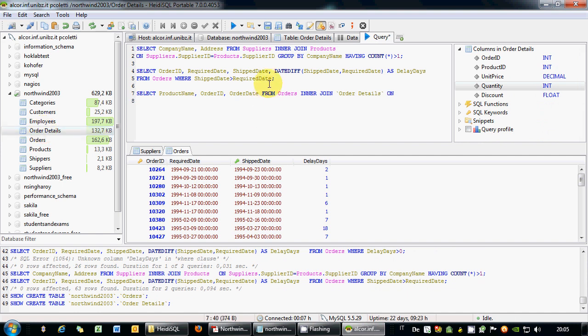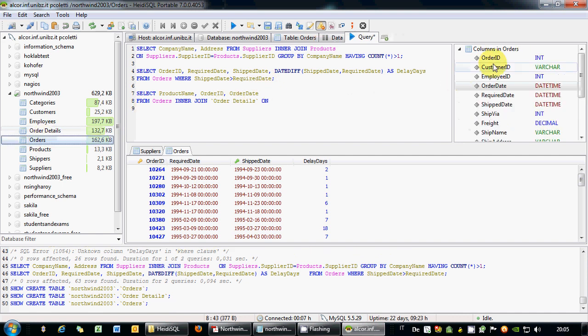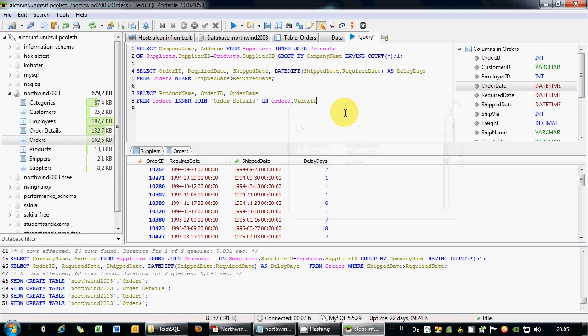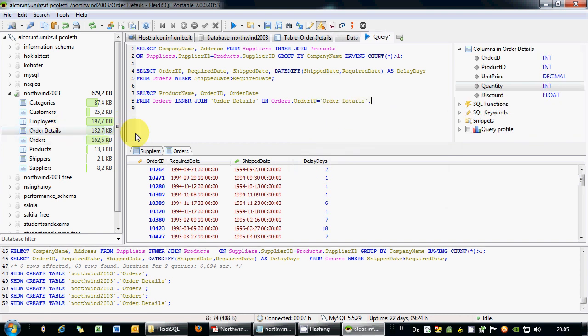Let's do it like this so it's more readable. On orders, order ID equal to order details dot order ID. Okay, so this is the first join. I put a big parenthesis here, and then I join this thing in join